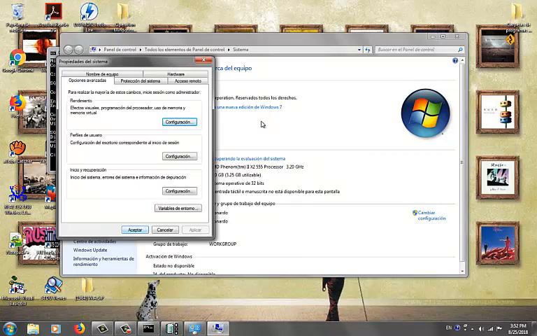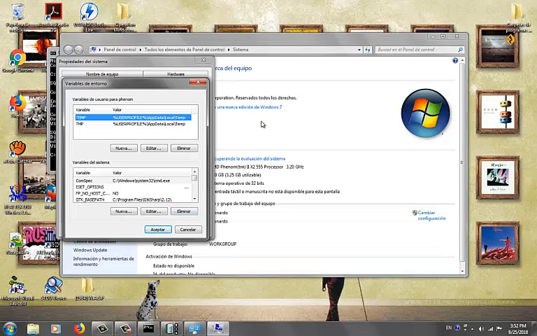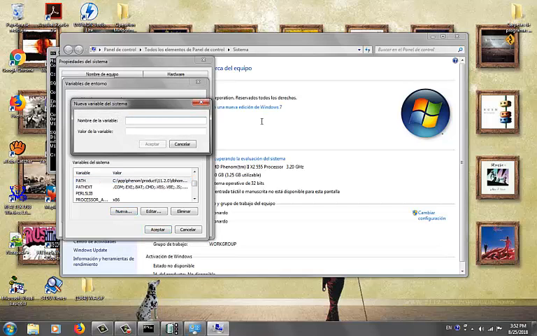Down here we look for the path, and we click new, and we type in caps lock PATH. Now the value of the variable,